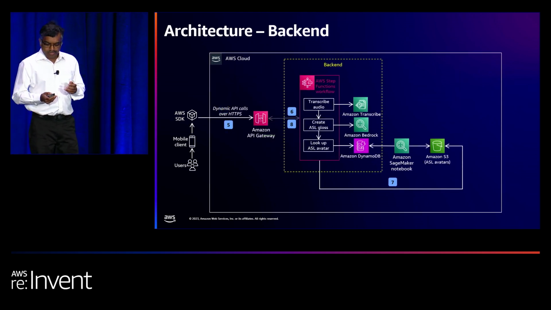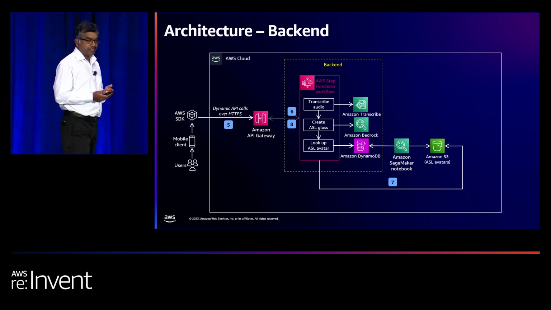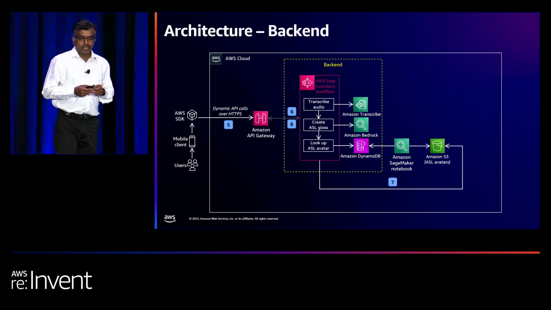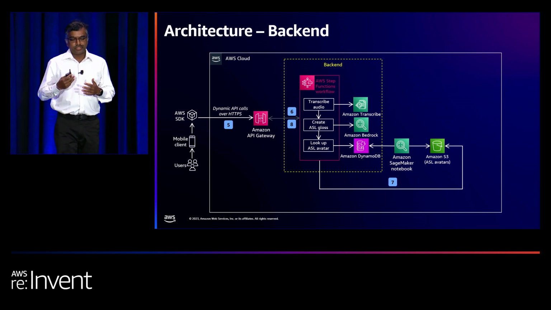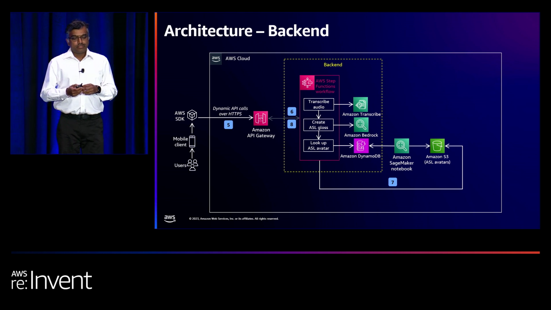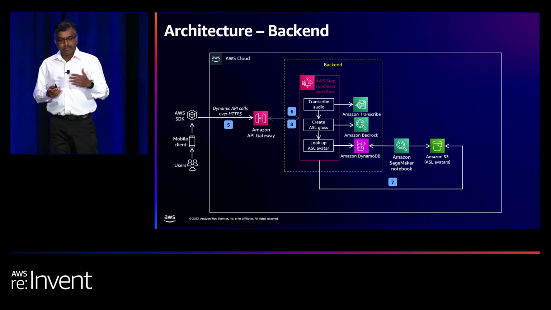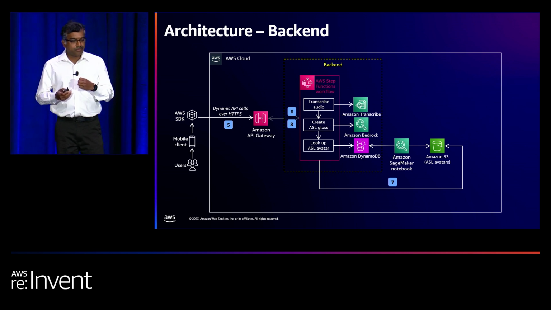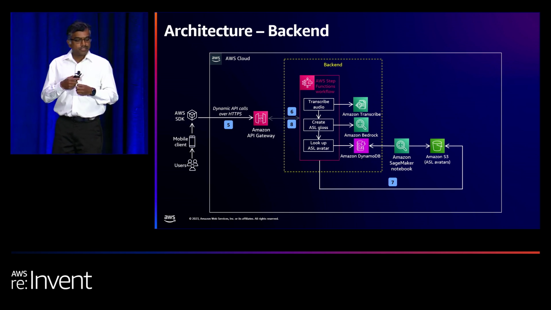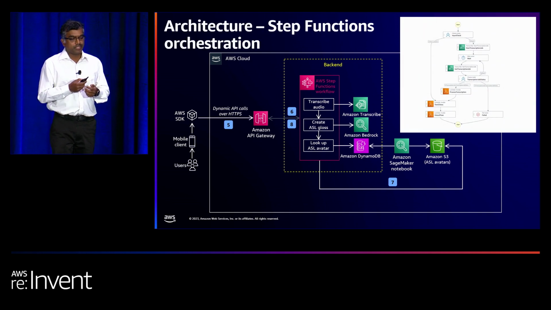And then let's look at the middle part, the API layer. The API layer is fronted by Amazon API Gateway. API Gateway allows you to authenticate the API request, monitor the API request, and also throttle it. So whenever the API request comes in to generate the sign video, it's going to invoke a step function and then return the step function execution URL back to the front-end application.